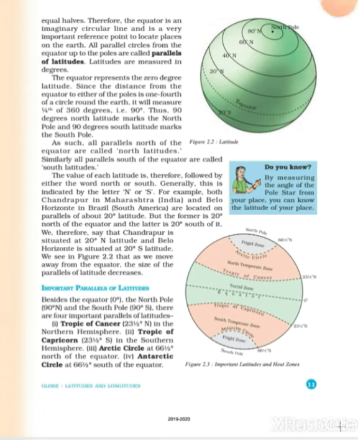And students, latitude of a place is measured in degrees, and each degree is divided into 60 equal parts, that is minutes, and every minute is further divided into 60 parts, that is seconds. This is very important. While writing the latitude of a place, the letter N or S is added to indicate whether the place is to the north or to the south of the equator. Whenever we write any latitude, we have to write north or south to make it clear where it is. Thus, these are very important things that should be clear.